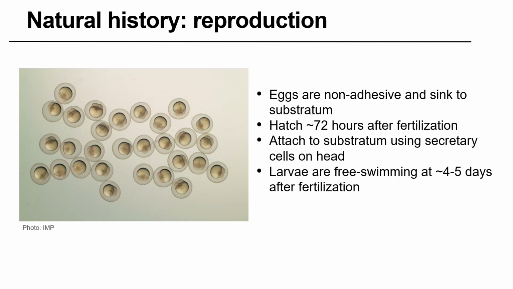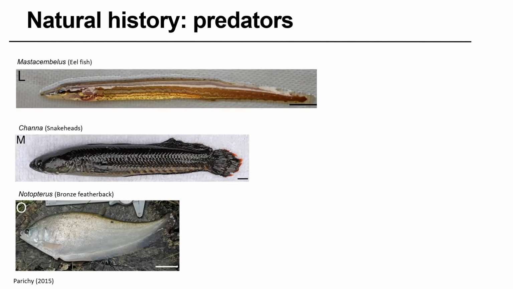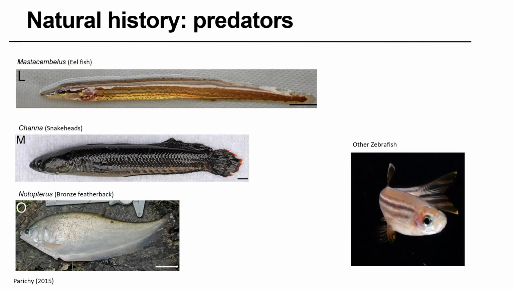They have adherent cells at the bottom of their head, and then after around 5 days, they'll inflate their swim bladder and swim off and be on their way. They have a number of natural predators within the habitat, including eelfish and snakeheads, and featherbacks, and also other zebrafish. I don't know if you noticed in that dish, we have a perforated bottom